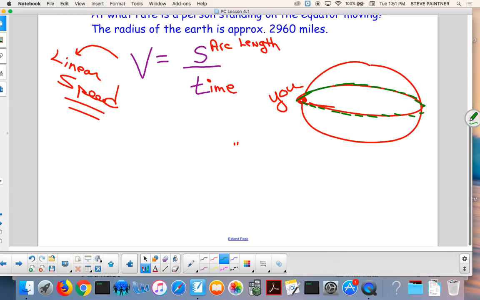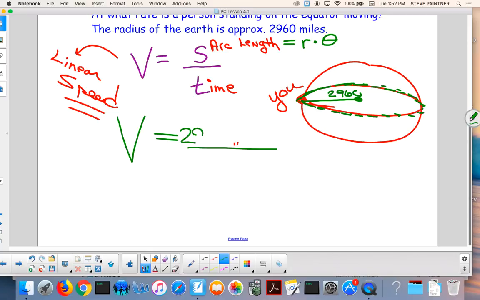Why don't you say you traveled how far? All the way around the world. Okay, think of it that way. Here's you. You went that far. That's a complete circle around the world. That's how many radiuses? 2 pi. So if you want to think of arc length, it's really just what? R times theta. Okay, well, here I go. Your radius is what? 2960, right? Miles. So it's 2960 miles